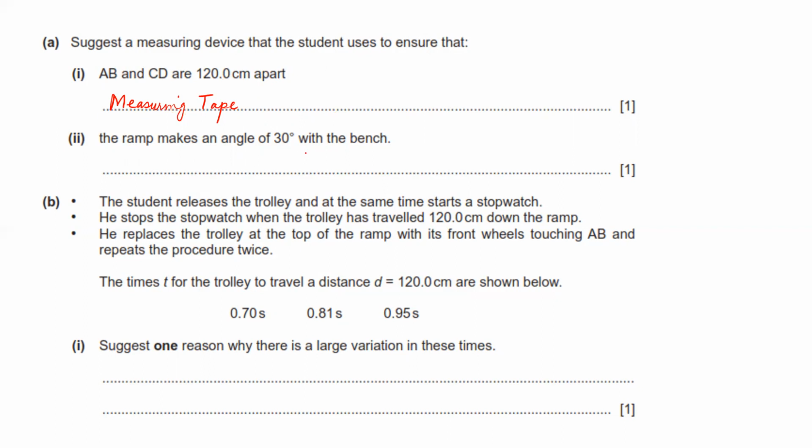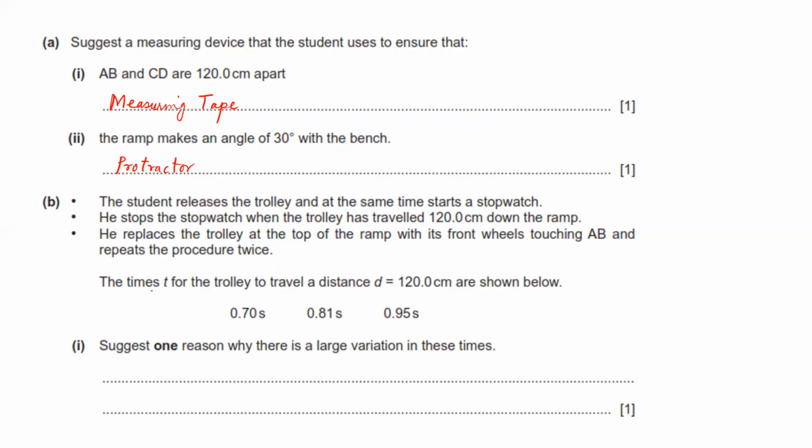Then the ramp makes an angle of 30 degrees with the bench. So the device is a protractor, or the D shape tool, which is there. A protractor can be used to measure this angle. Okay. Then part B, the student releases the trolley and at the same time starts the stopwatch. He stops the stopwatch when the trolley has traveled 120 centimeters down the ramp. He places the trolley at the top of the ramp with its front wheels touching AB and repeats the procedure